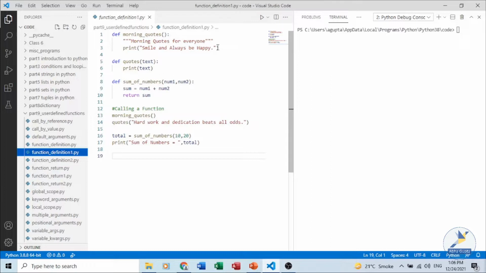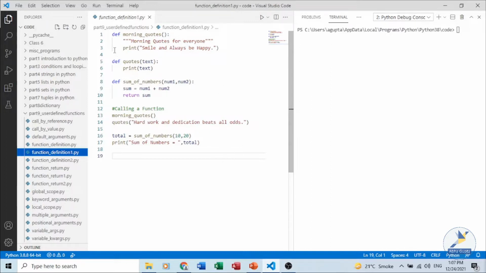Inside the function, you can have one statement or multiple statements. The Python statements make up the function body, and they must be indented to show that these statements belong to the function. You have an optional return statement to return a value from the function. You may or may not have a return value from the function.